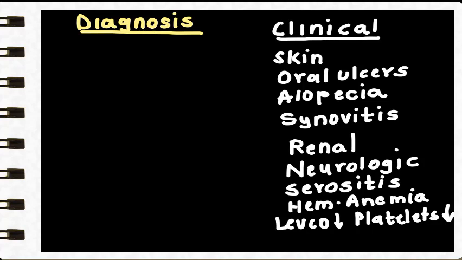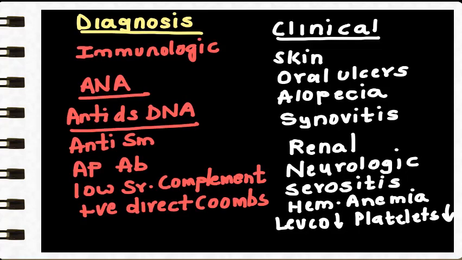Acute includes malar rash; chronic includes discoid rash, painless oral or aphthous ulcers, non-scarring alopecia, synovitis, that is various joints involvement, renal involvement in the form of nephrotic syndrome, nephritic syndrome, even a renal biopsy showing SLE can be considered, neurologic involvement ranging from cognitive impairment to seizures to headache to stroke, serositis, pleural and cardiac involvement, pleural effusion, hemolytic anemia, leukopenia and thrombocytopenia. So a single clinical criterion along with the immunologic criteria, we can label the patient as SLE